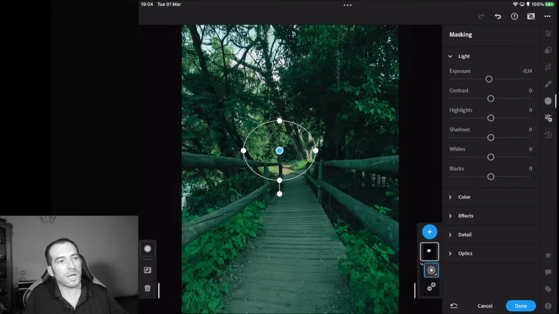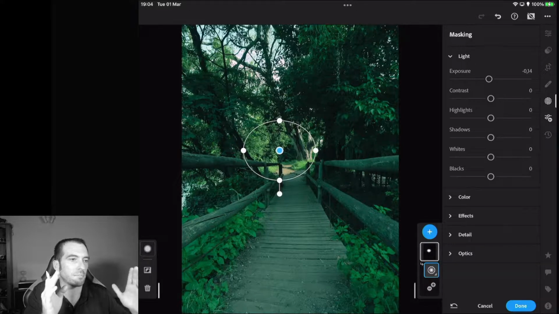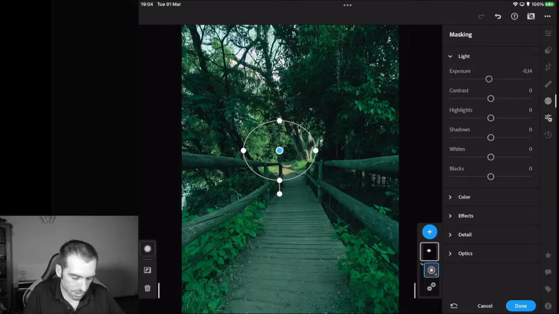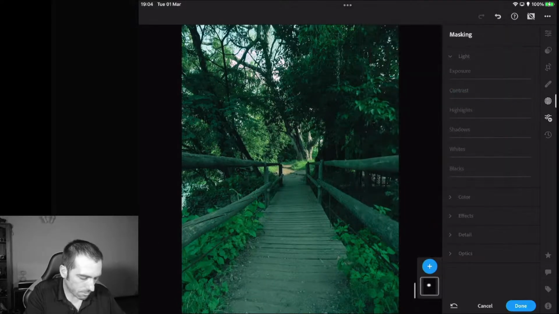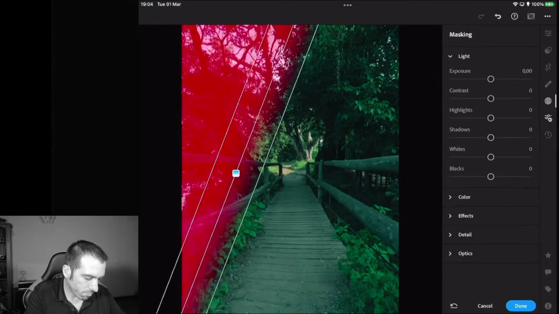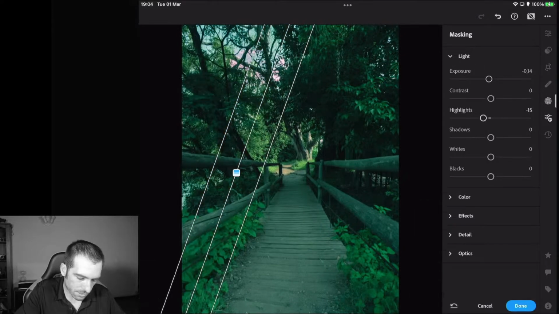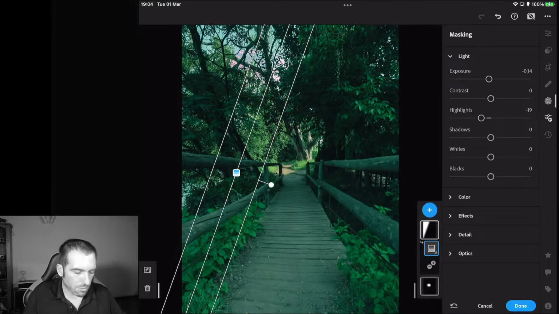Now I could spend some more time on this. I could put some linear gradients into this, maybe just to darken the left hand side especially of this image. It looks a little bit bright with the sky and the water there. So a linear gradient might help a tiny bit. I can show you while I'm talking about it. Let me do it. So I can pop a linear gradient right there, drop the exposure a tiny bit, drop the highlights a tiny bit, because it's